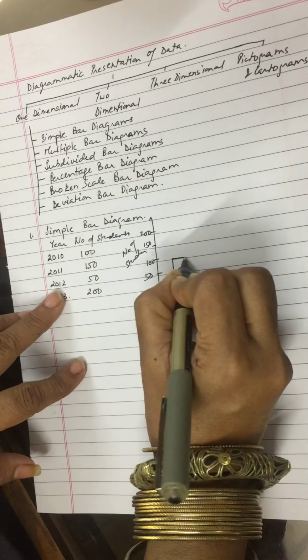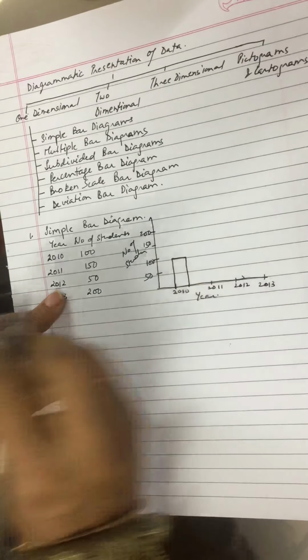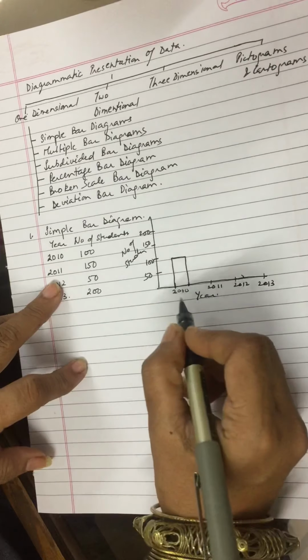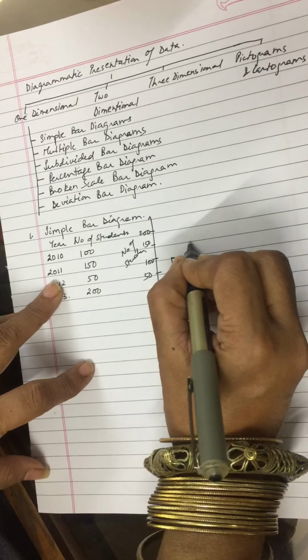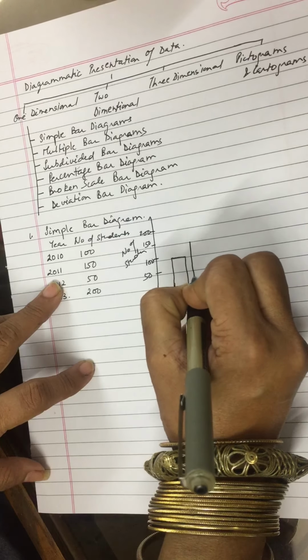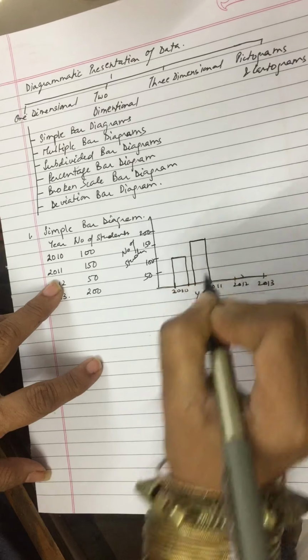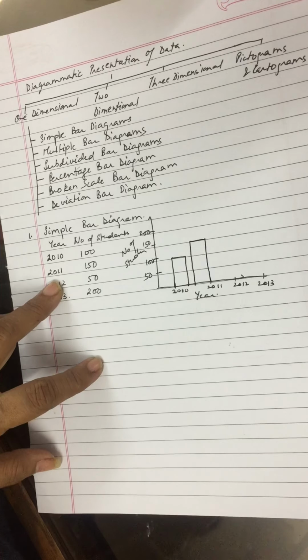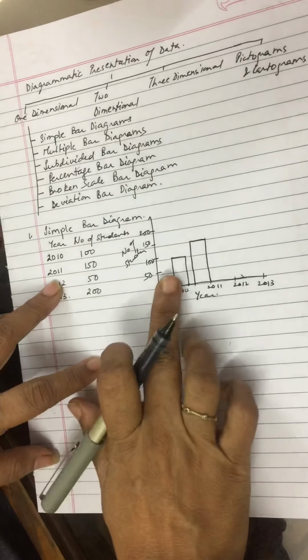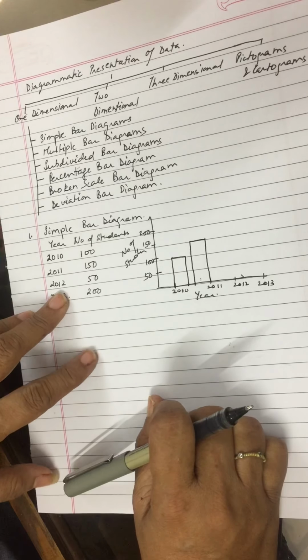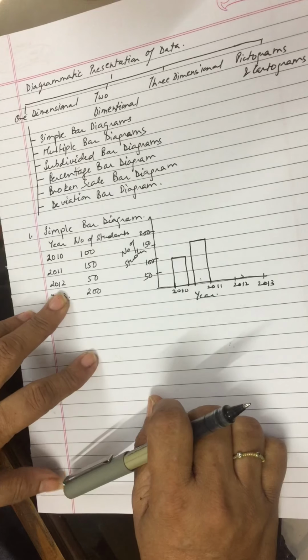So I will draw a bar diagram over here showing the value of 100 for the year 2010. Now next is 2011. You have 150. So I go to the next mark and I draw this data for the year 2011. Now remember, over here the bars are all drawn separately and the width of the bars is generally kept the same. That is an important point to remember when we are talking about simple bar diagram.